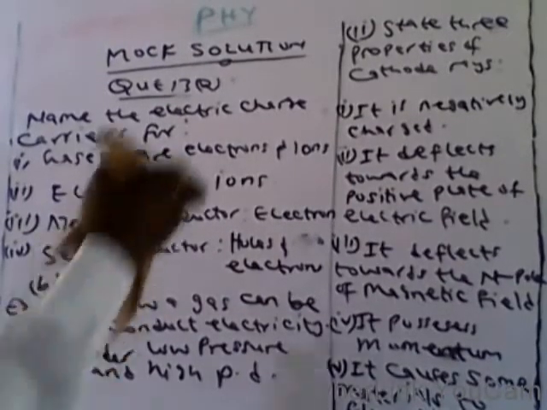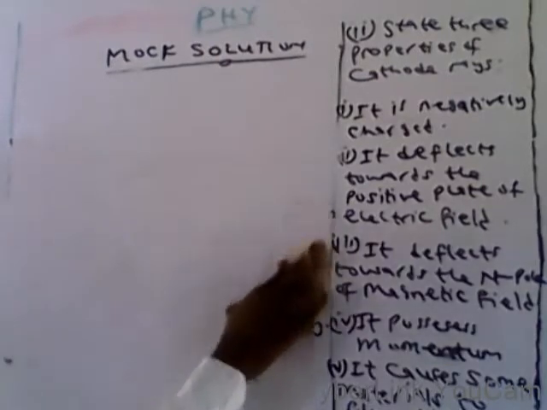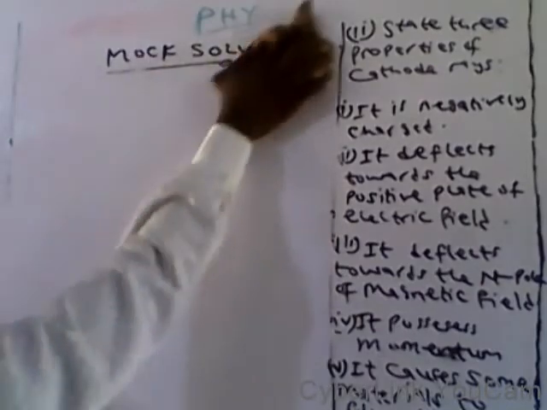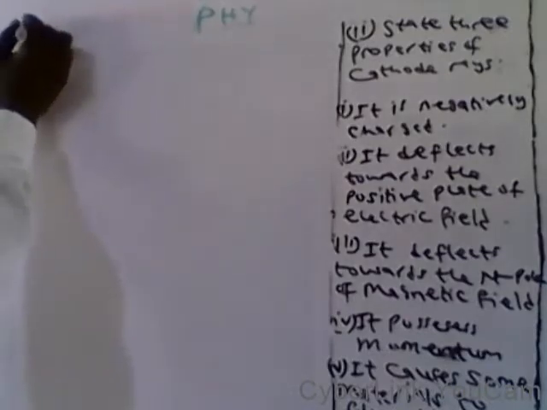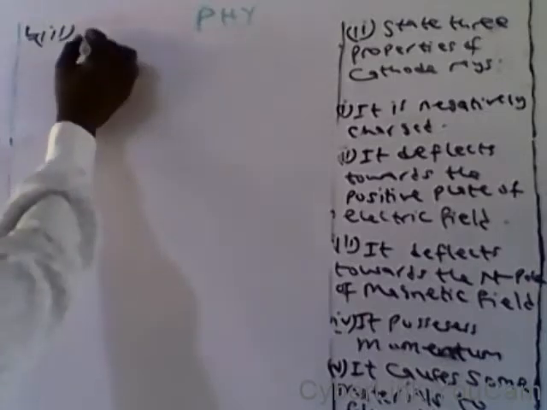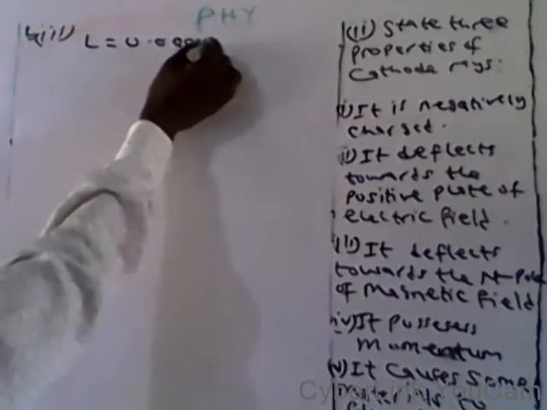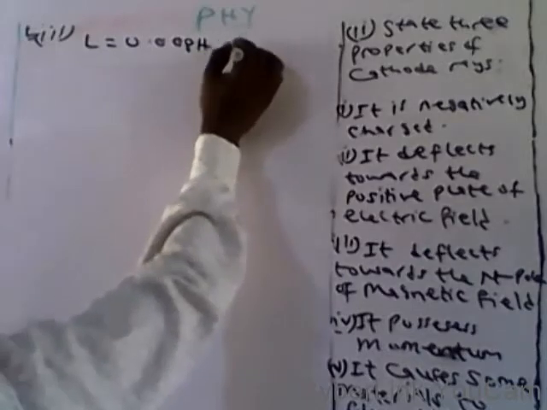So B3. Question B3 says that a coil of inductance L is 0.008 henry, a resistor of resistance R is 9 ohms, and